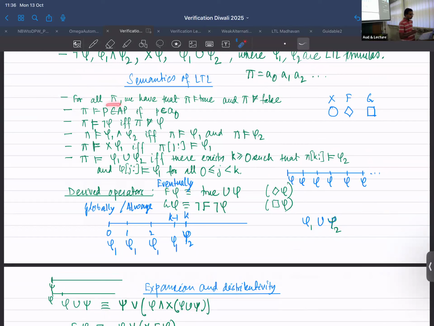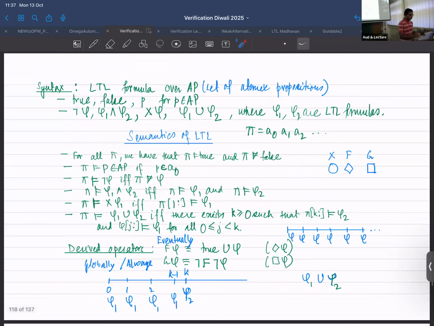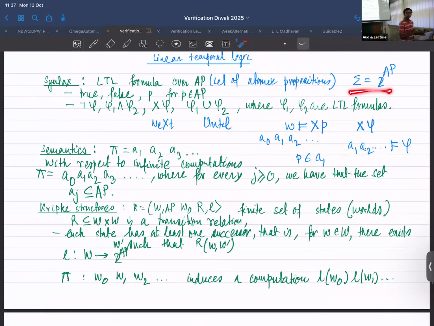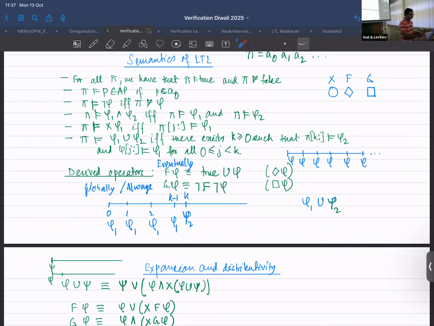So suppose there is such a computation pi, and then pi will always satisfy true, it will never satisfy false. And it satisfies p if p belongs to A0, the initial letter. So if you recall, sigma is the power set of the set of atomic propositions, right? That's how it's defined. And then you have negation of phi, phi and phi conjunction, and then the next